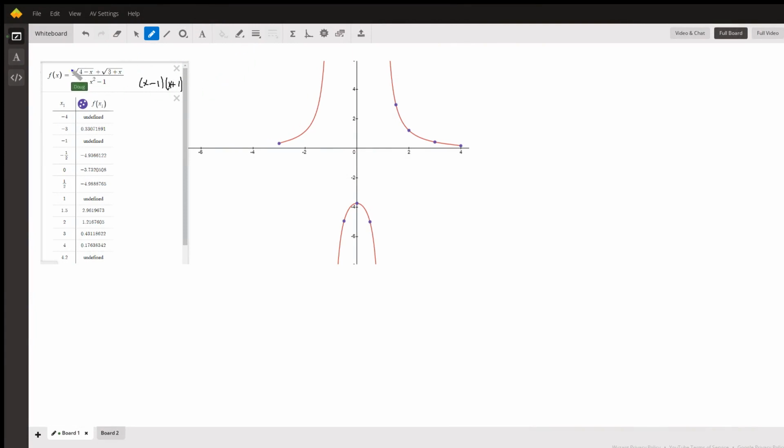Okay, for this function right here, you're asked to find the domain. And here's a graph of the function with a table filled out to kind of give you an indication of